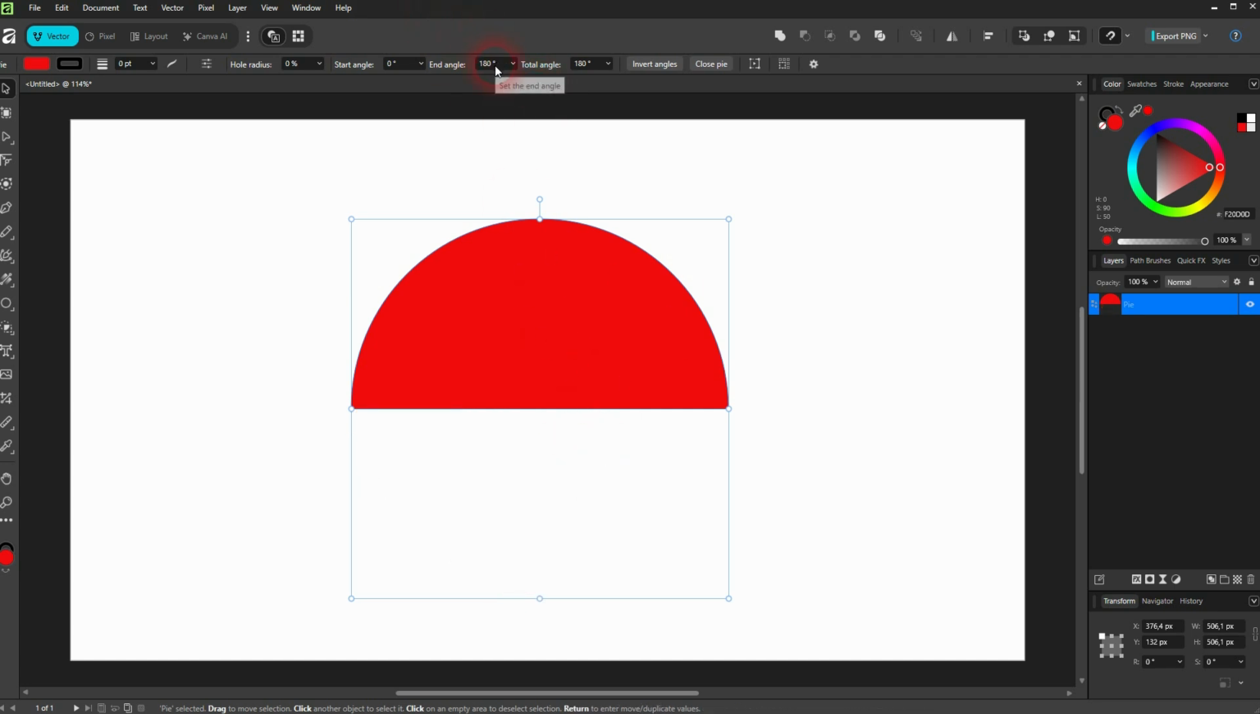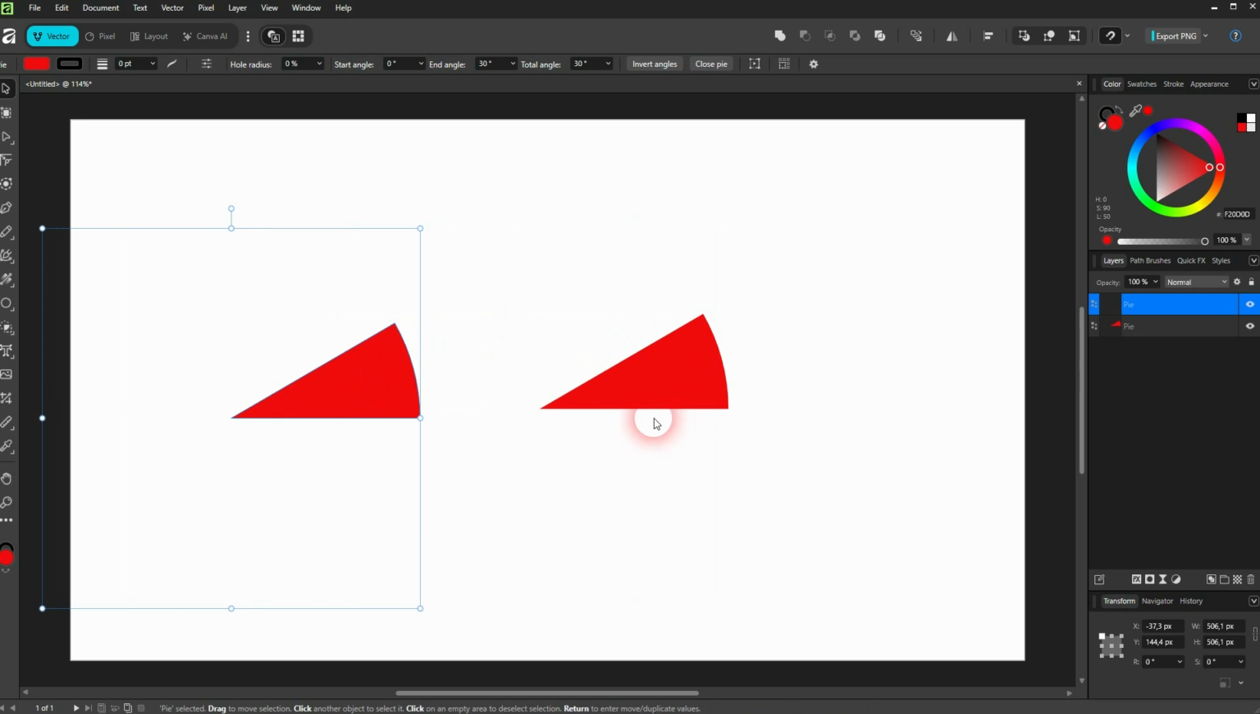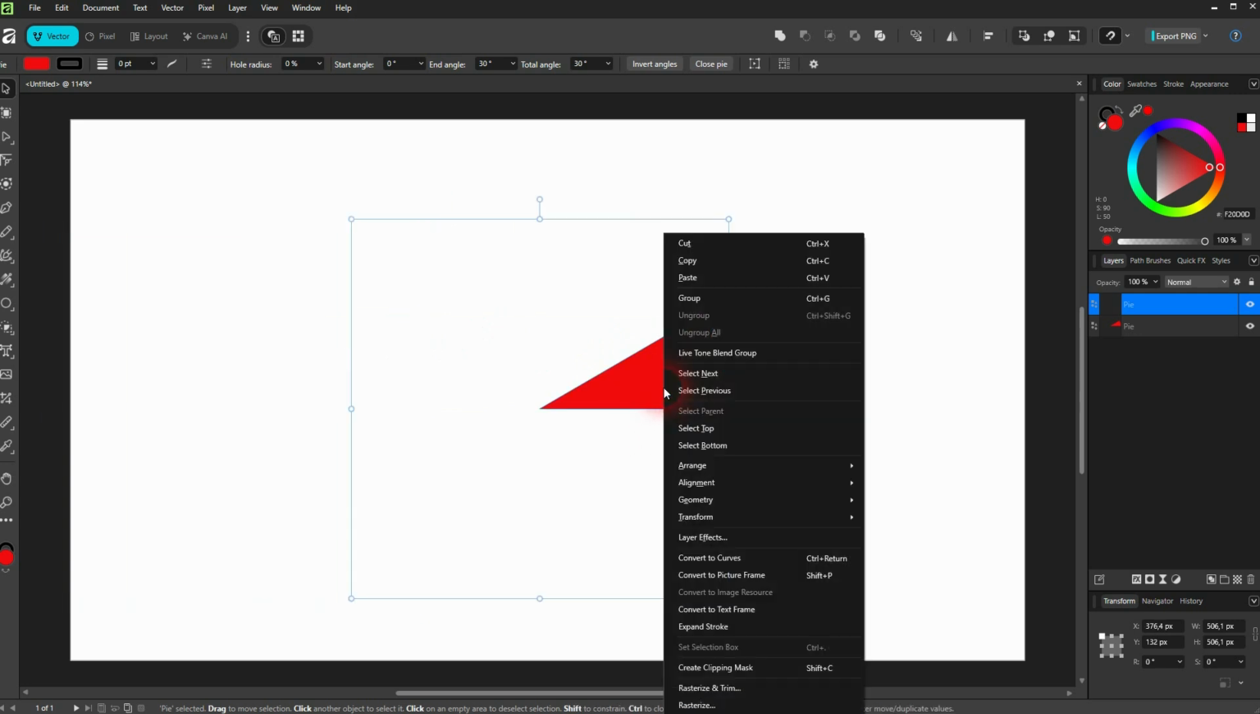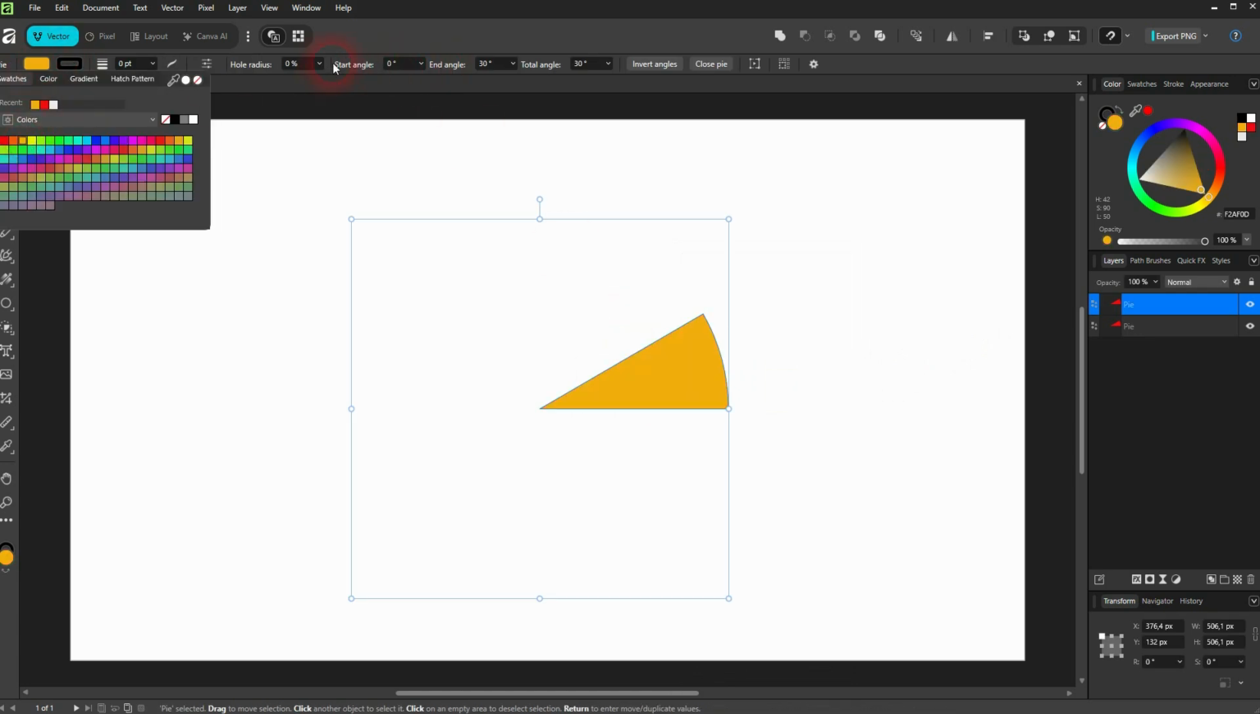Let me create the first one at 30. Then I press Ctrl C, Ctrl V. You can also right click and use copy paste. I recolor the second segment here, and now I start at the end angle of the first, which was 30,